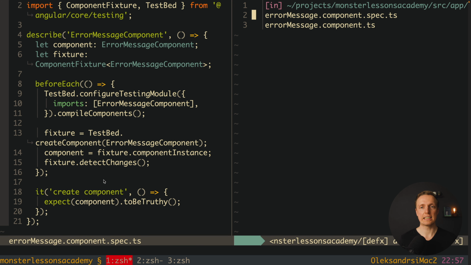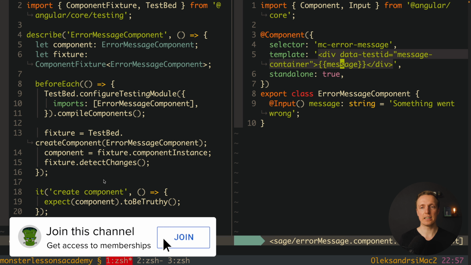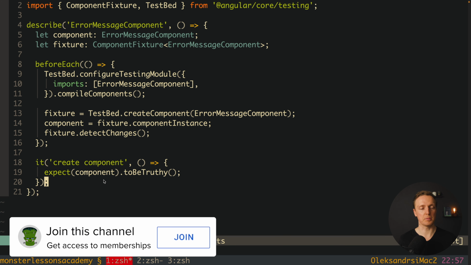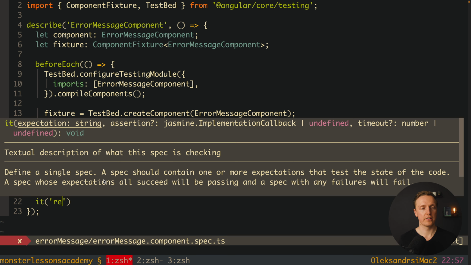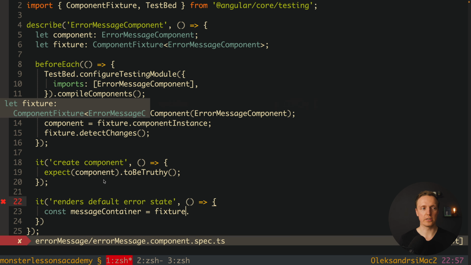What we want to test is our component and its default state. And by default, if we didn't provide anything inside our div, we must render something when thrown message. This is why here we can write "it renders default error state". What we want to do now is first get a DOM element to check the text inside. This is why here let's get a reference to our message container, and we're doing it by calling